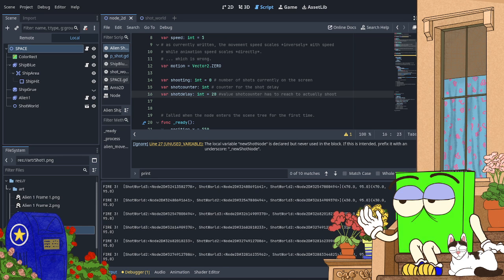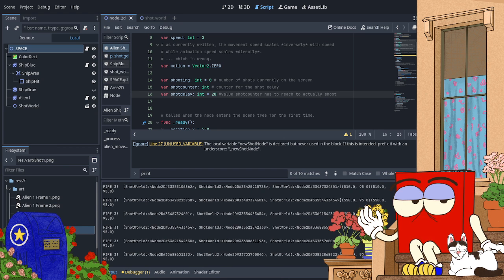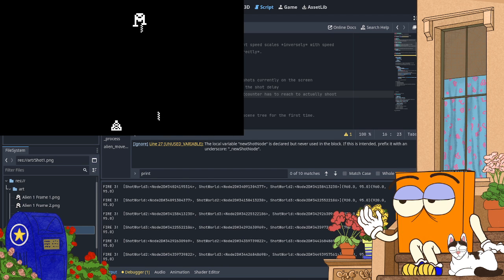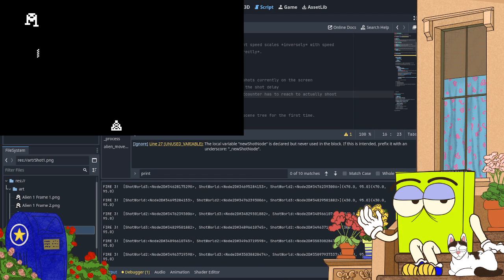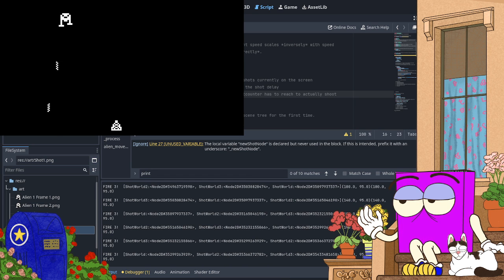And as you can plainly see from the screen, there we go, it's absolutely working correctly with no error messages being thrown at me.